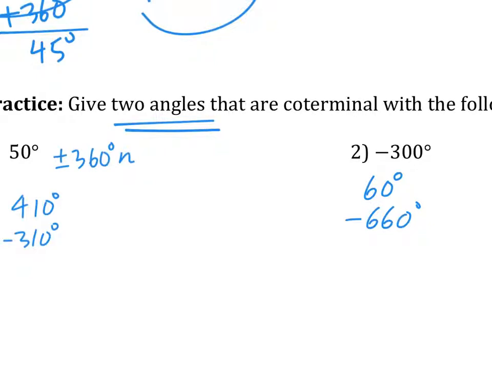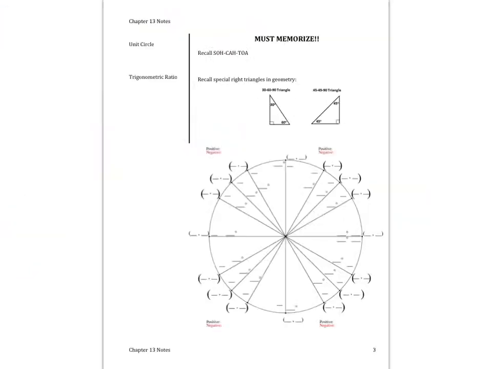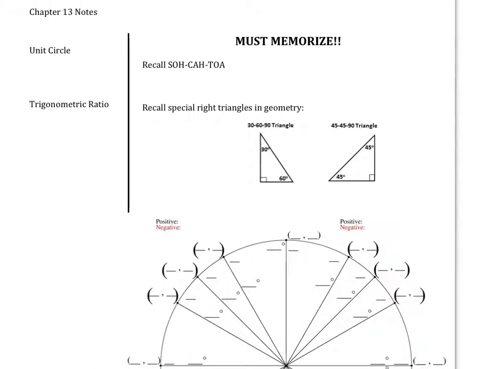Okay, next part, the most important part of the lesson for the next few weeks, which is the unit circle. So every day you come in, I'm going to make you fill one out. We're going to have a quiz next week. You have to fill this out within 5 minutes. So within 5 minutes, I stop the timer, and then you have to turn it in. And however much you finish is how much grade you'll get. But we're going to practice this every day, so then you have to get faster and faster every day in